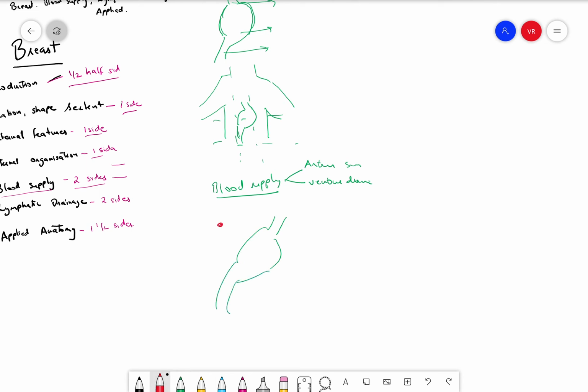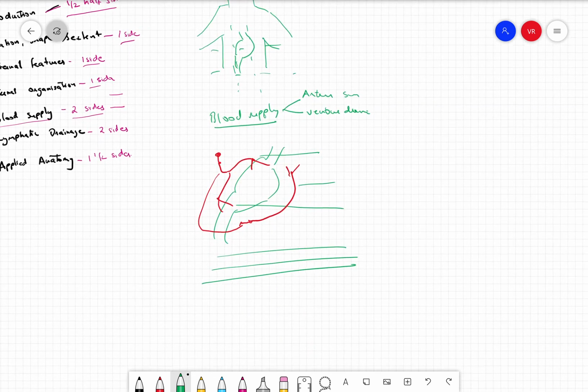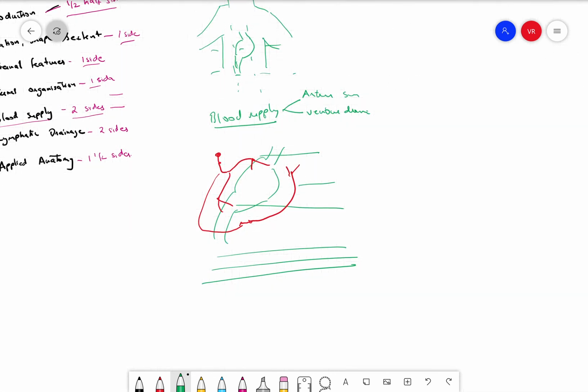Put the blood supply over here. It will be like this, and then it's going to come like this. There are going to be branches here, like this. So this would be the rough blood supply of the stomach, and then you just mark all the arteries over here. Write 2 lines about all those arteries, and I mean it's going to come from the celiac trunk, which is a direct branch from the aorta. So you just write all of that.